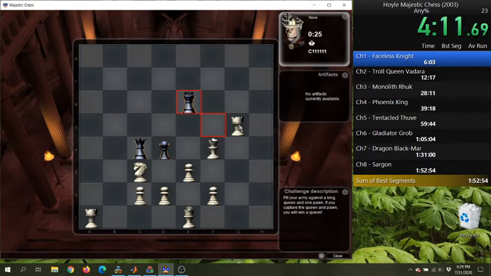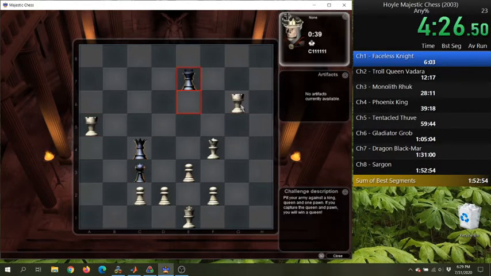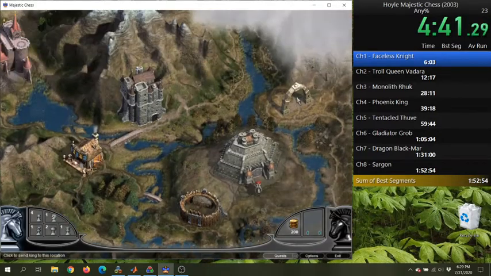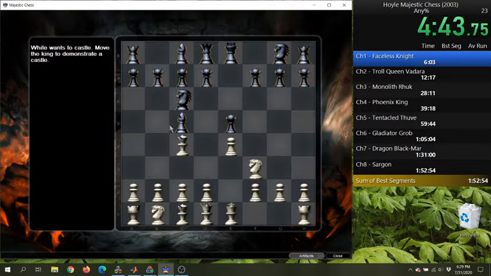That's no good. Capture all the pieces right now.